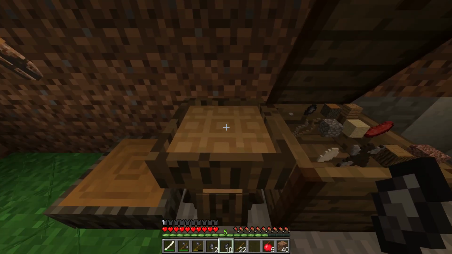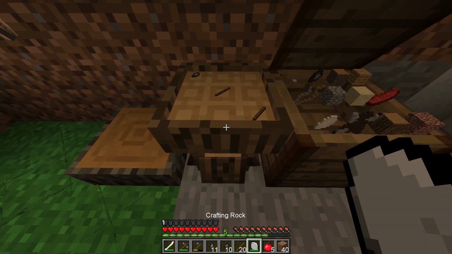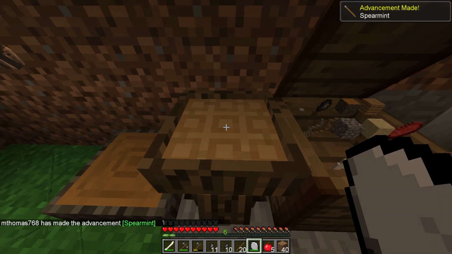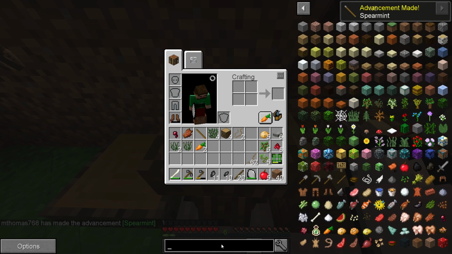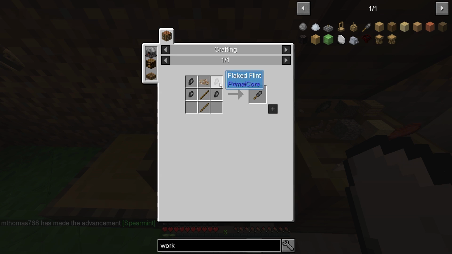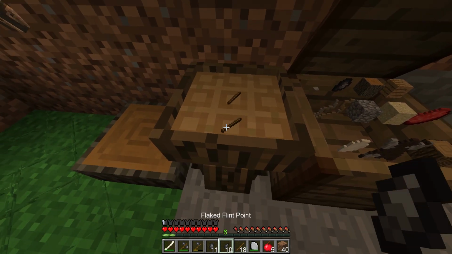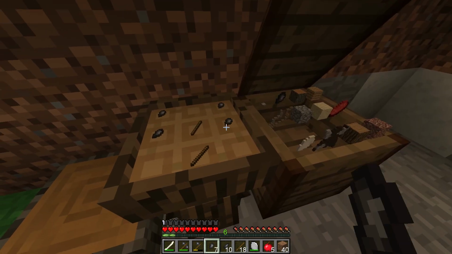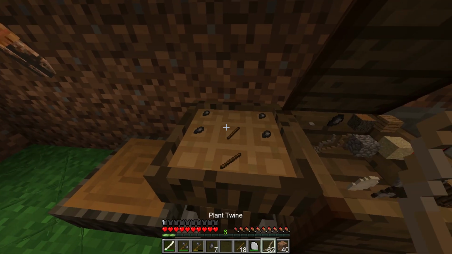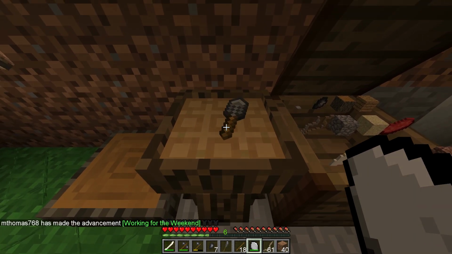So let's go ahead and make our spear, which is just flake flint. One of these tools that we're about to make is going to use the point, I believe. So there's our spear. We want to make a work blade. And the work blade is 4 flint plus 2 sticks. Plus, what did I miss? Let's do that. Plus that, and